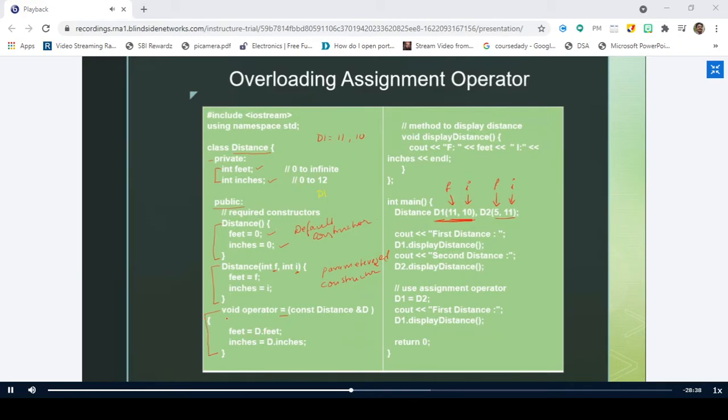I'm just going to copy this and overload this assignment operator. The return type is void, and I'm using the operator keyword and is equal to. Is it a binary operator or unary operator? Binary, sir. Right. So since you are overloading the binary operator is equal to as a member function, even though it is a binary operator, how many parameters do I need to pass? How many objects do I need to pass as parameters?